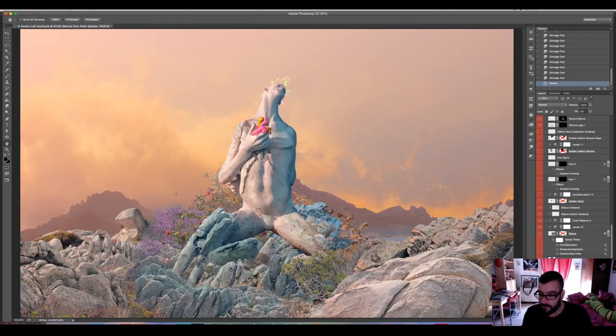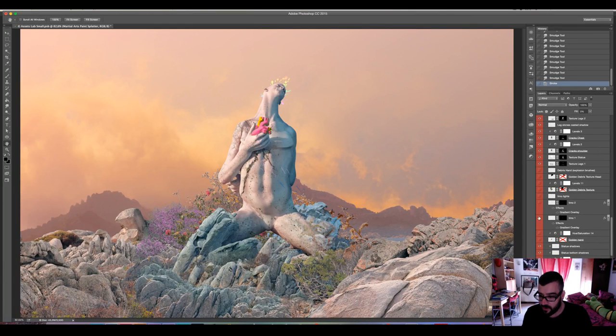So well, I'm going to unhide some layers that are not especially important. And this, what is this? You may be asking. This is a secondary render I did from the main figure with a different texture, so I could place it in just the same place just for the hand, because I wanted a golden hand.